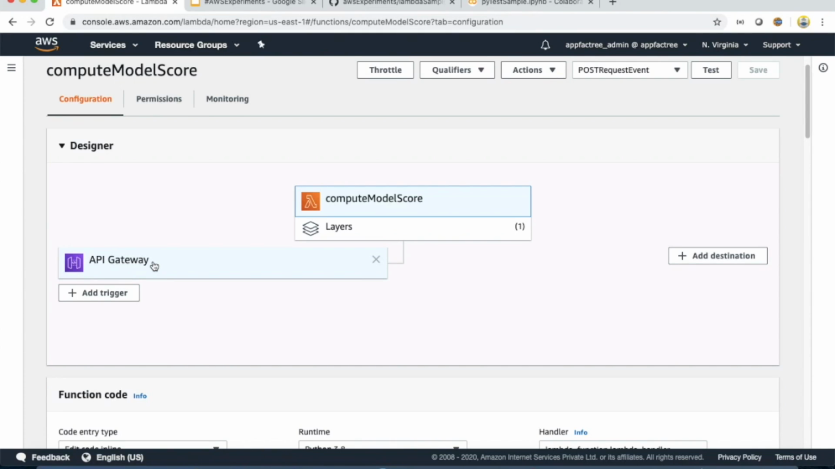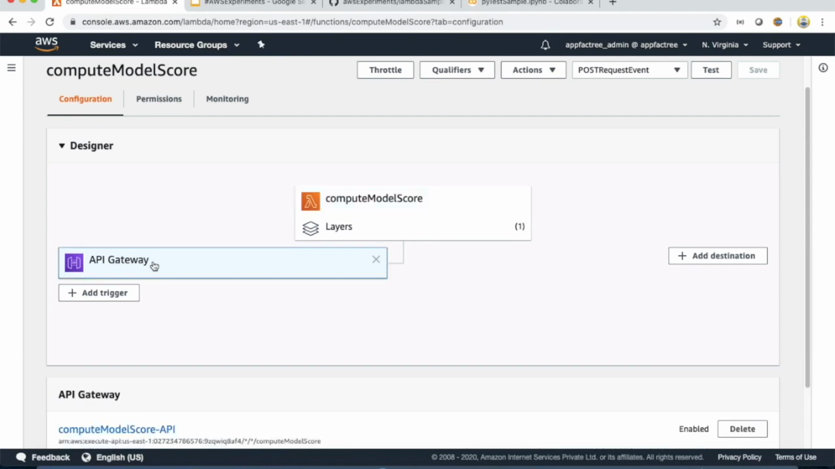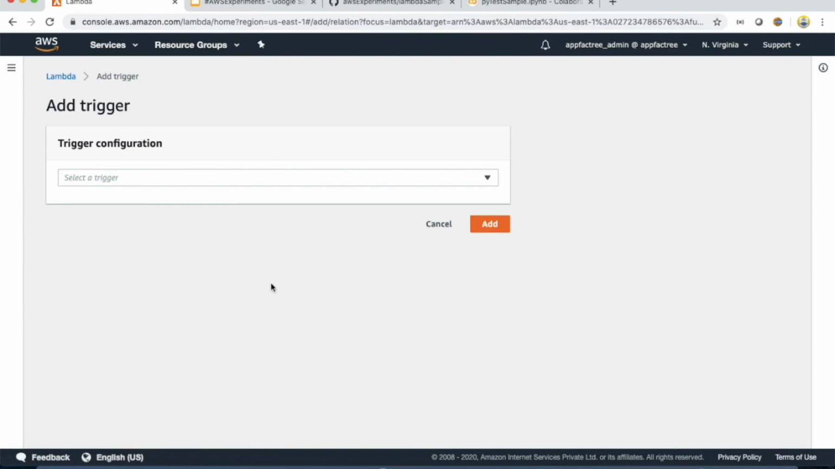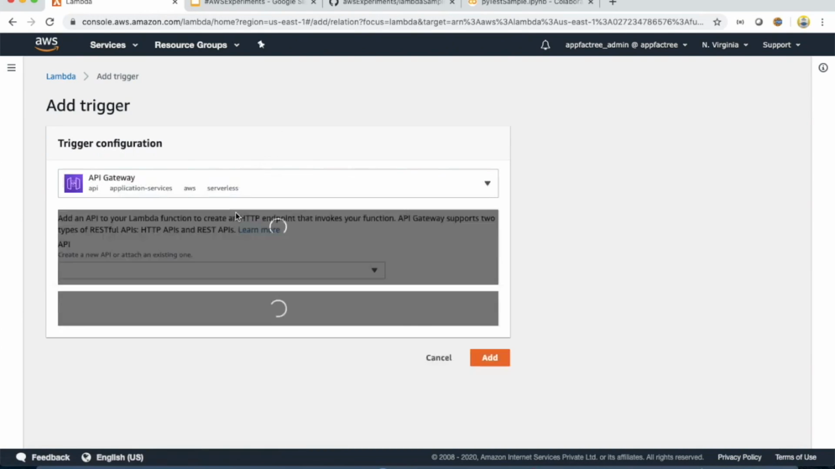Once you create the API gateway, remember, when you create the API gateway, you should have an open connection and not a connection with JWT, which is JSON Web Tokens. At this point in time, we want to have an open connection. So just to give you a perspective, let me quickly click on trigger and select API gateway,